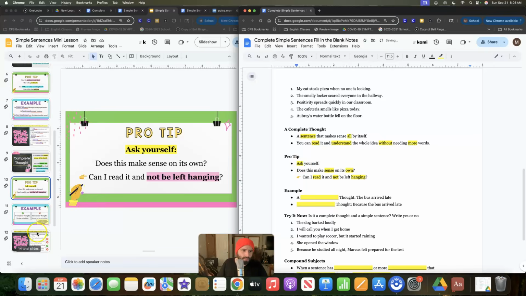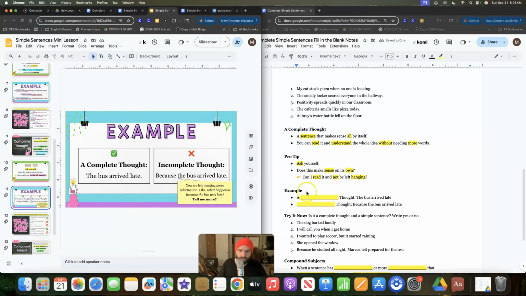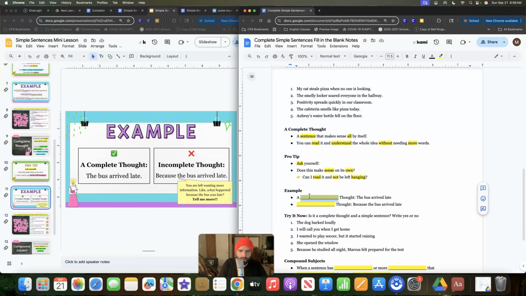So, example, should be the same example as last week. I'm sorry for that, but it's the same thing. A complete thought would be "the bus arrived late." An incomplete thought would be "because the bus arrived late." Because makes it incomplete. Because is a subordinating conjunction, which there are a lot of, and I know it's not easy to remember them all,